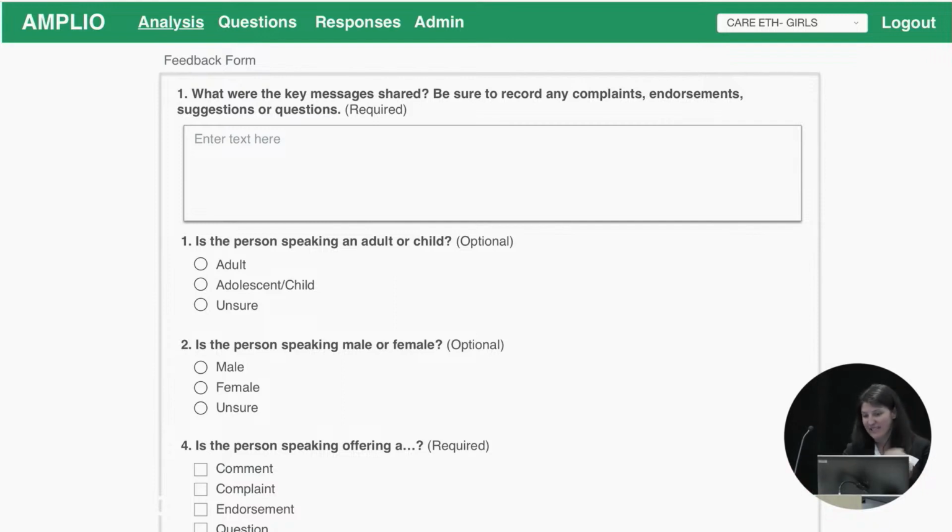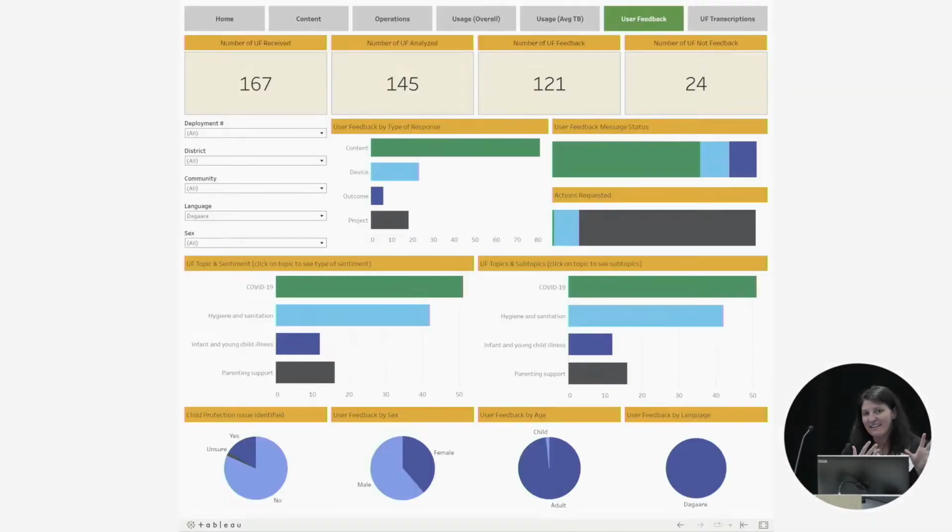They will complete this form, and then that syncs with our Tableau dashboard, which compiles all of that data and all of that processing and identifies these emergent trends so that program staff can interact with the data, identify those trends, act upon them, and ultimately it can feed into the impact assessment as well.